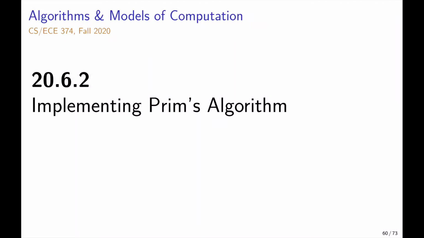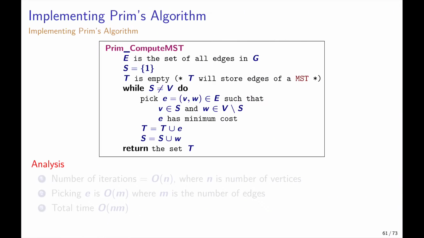Okay, so next, Prim's algorithm. Implementing it is not very hard. Throughout, you're going to have a bit of a deja vu, which we will see soon why. So we start with an arbitrary vertex, let's say one is the start vertex, and then we have a set S of vertices. As long as S is not the whole set of vertices, we pick